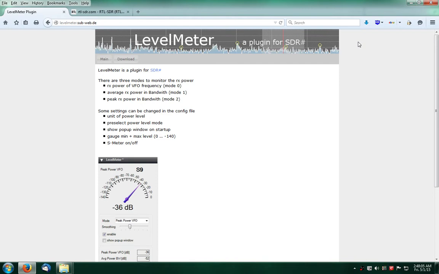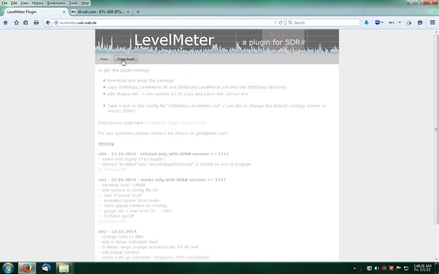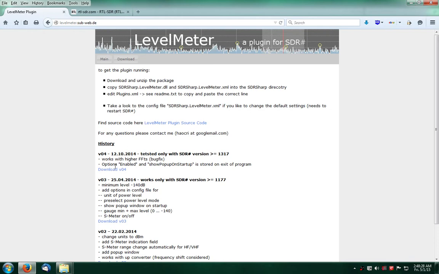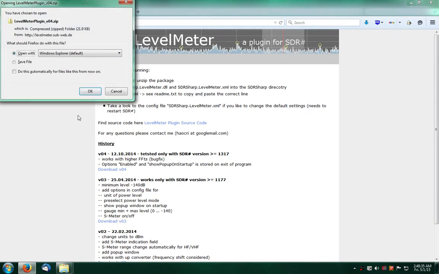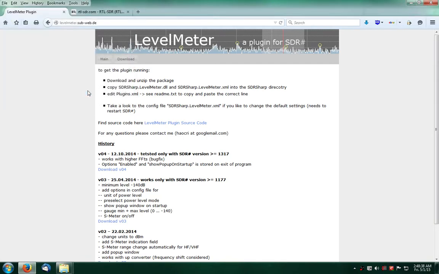One of these plugins is called Level Meter. This is an excellent addition, especially for shortwave broadcasts, because it gives you a signal strength meter. You can get Level Meter at levelmeter.sub-web.de, and you'll click on download, and the latest version is v04, so we will download v04 and open it with Windows Explorer,